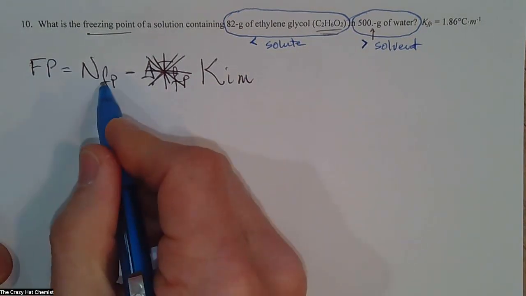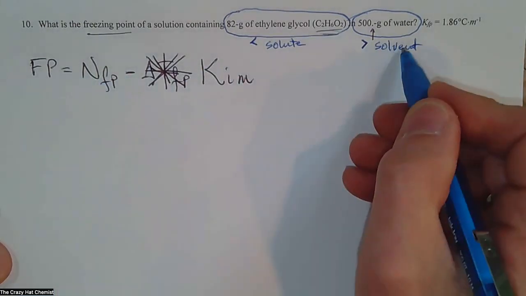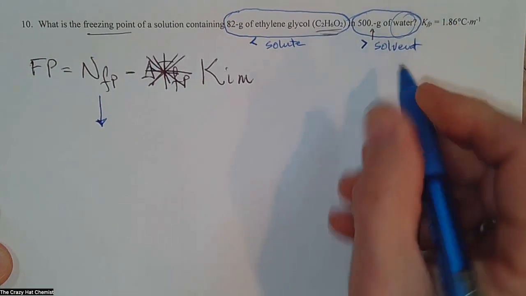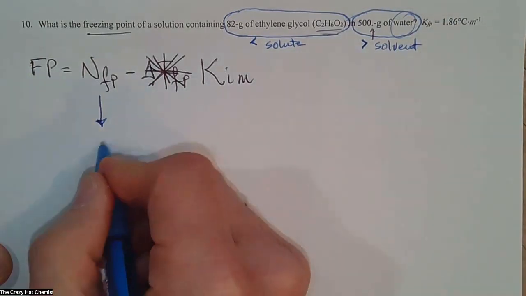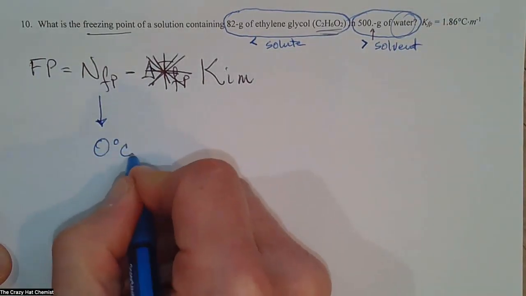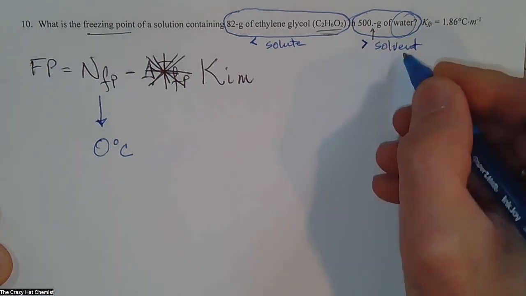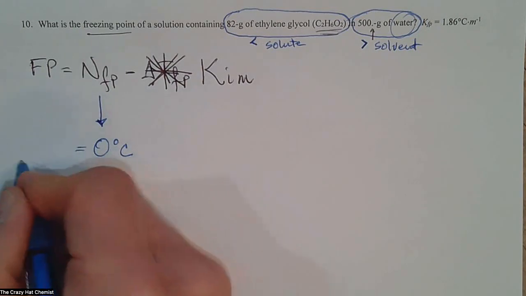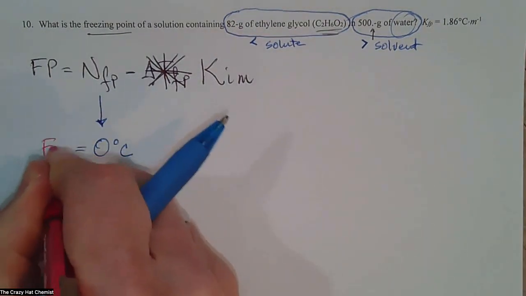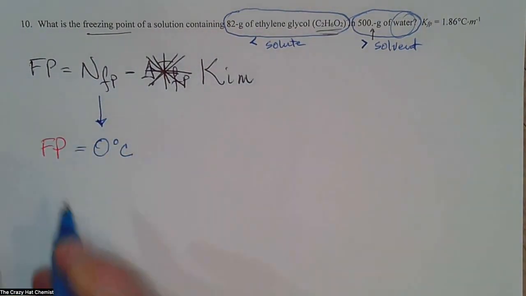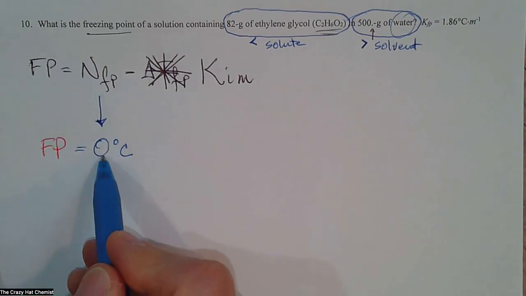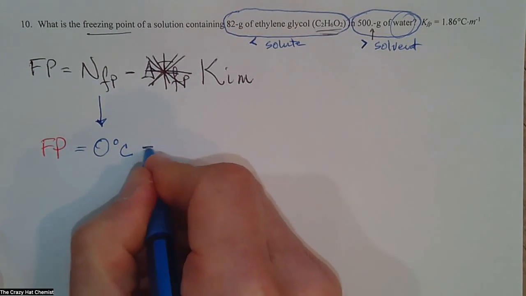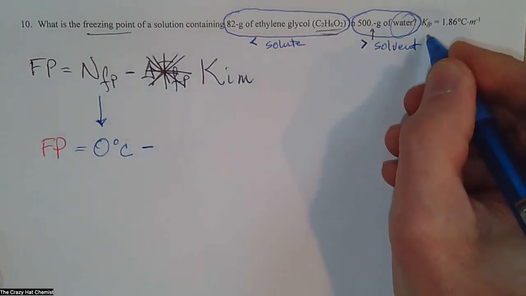The normal freezing point is referencing the solvent. So the solvent is water. The normal freezing point for water is going to be 0 degrees Celsius. That is going to be an exact number because it's not given within the problem anywhere. And I am trying to solve for the freezing point. So the normal freezing point is 0 for water. That's why I have that in there. Minus K, the constant, is